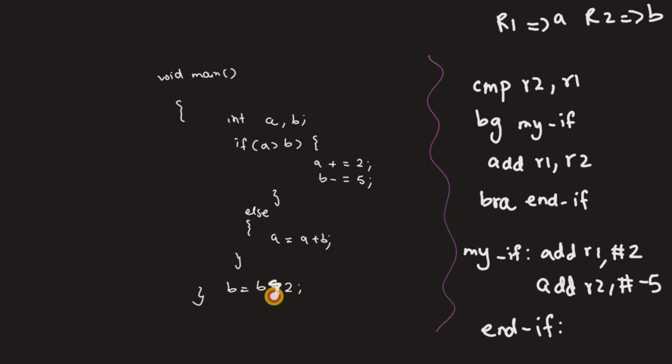Oops, I made a mistake. It was multiply over here. So if it's multiply, we can go ahead and write multiply R2 by 2, right? So this completes our